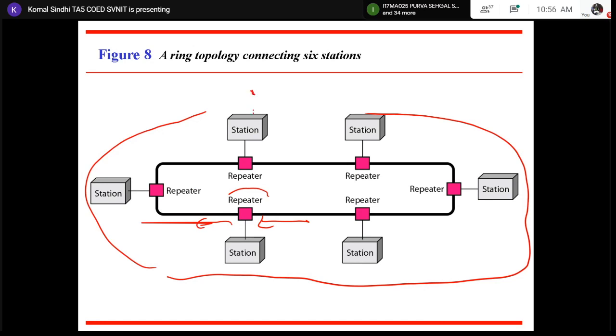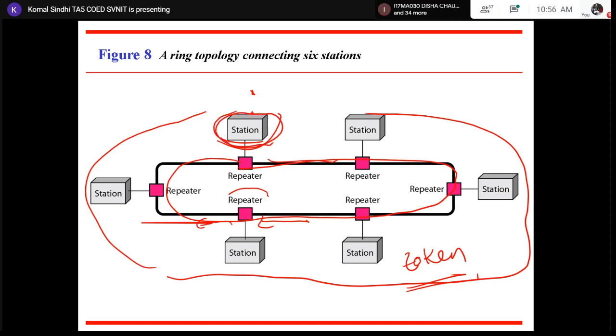Every station is connected via a single link, and that link is known as a ring. Now, ring topology works on the concept of token passing. The ground rule is any station who is having the token can only forward the data, right? So, suppose station 1 wants to send a message inside this link. It has to check whether the token is freely available or not.